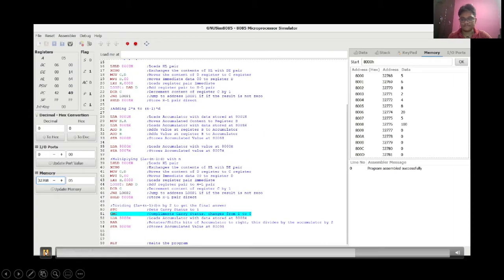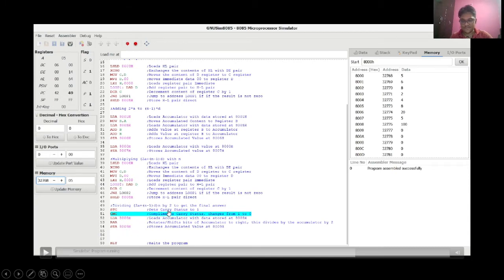As you can see, we got 100 as we were expecting. So now in the final step, as you might recall, in the formula of the sum of an AP, there is a 2 in the denominator. So we have to divide this whole value by 2. This will give us our final answer, and we are storing this final answer in the address 8009H.